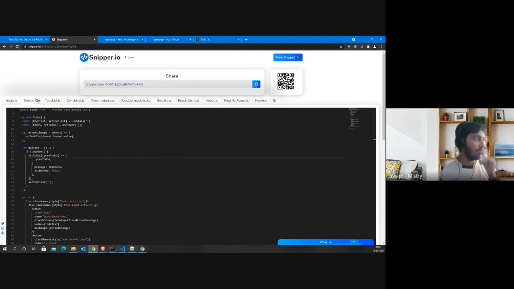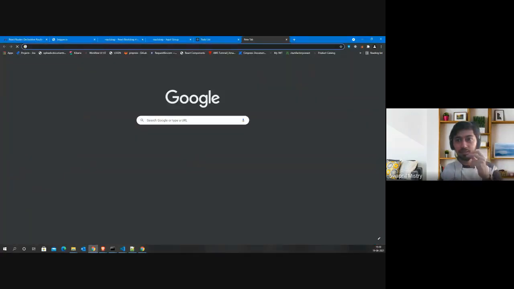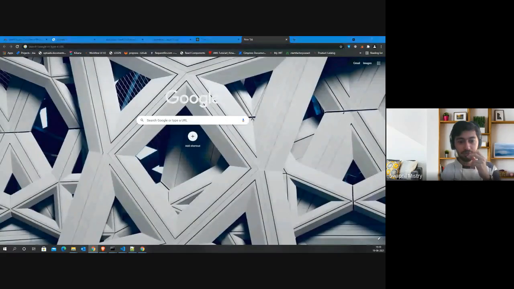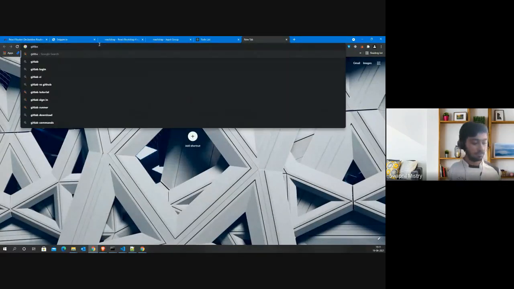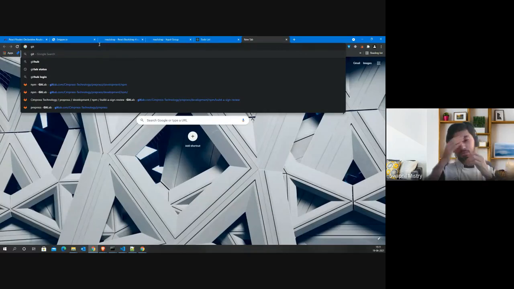Okay, but before that, now we will be creating Git accounts. As of now I already have one handy with me. There are two things which you can do.